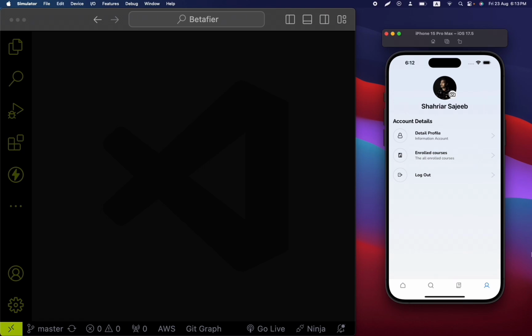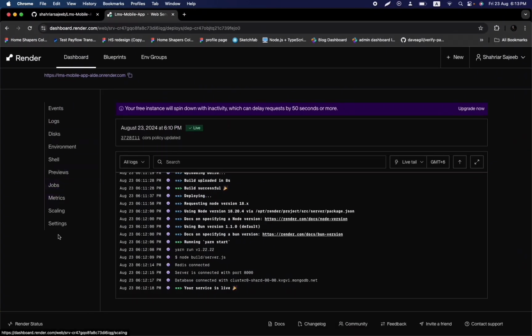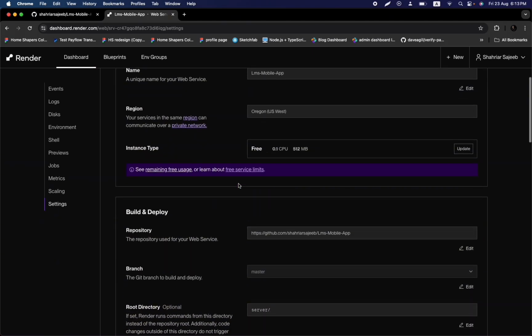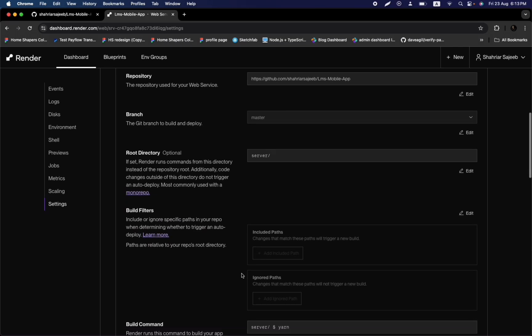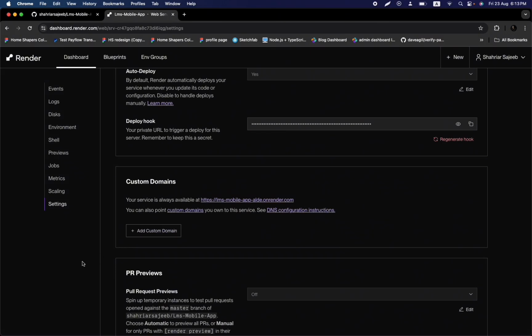Great. But one thing I suggest you do right now: if you have a domain for your mobile app, then make sure that you add that in here, in the add custom domain part. Then you can add a subdomain. For example, your domain name is betafire.com, so you can add here server.betafire.com or api.betafire.com. Just create a subdomain and add that inside here,